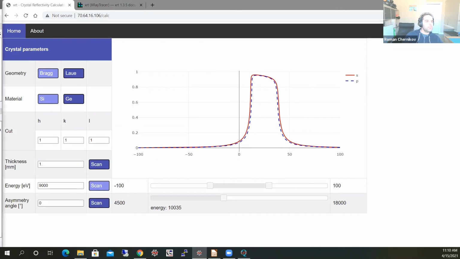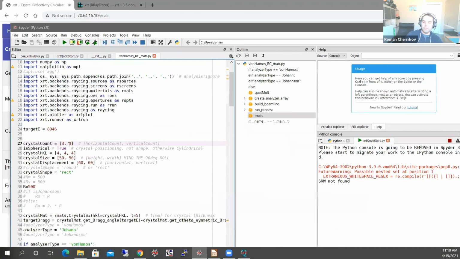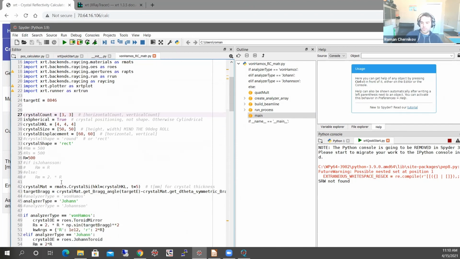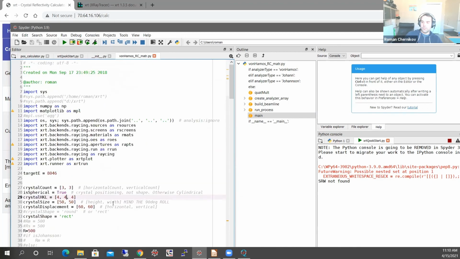If I move it here in the code, I simply define the configuration, how many elements along horizontal and vertical. I define the orientation, positioning, and material type. So here it's basically just silicon and different reflections, but you can adjust the size, spacing, radius, and so on, and the script will generate